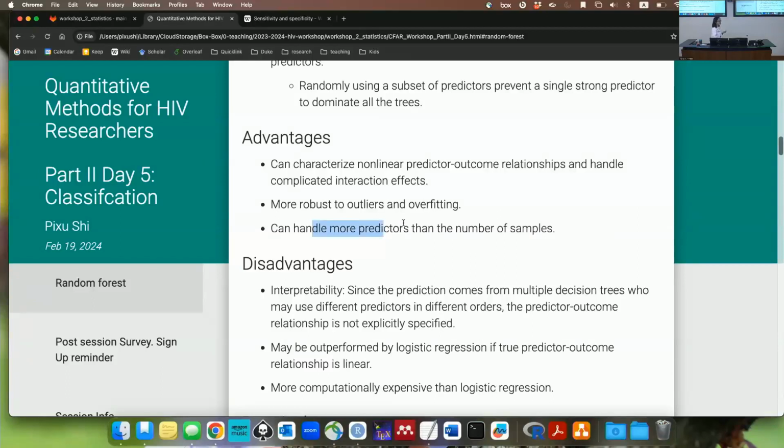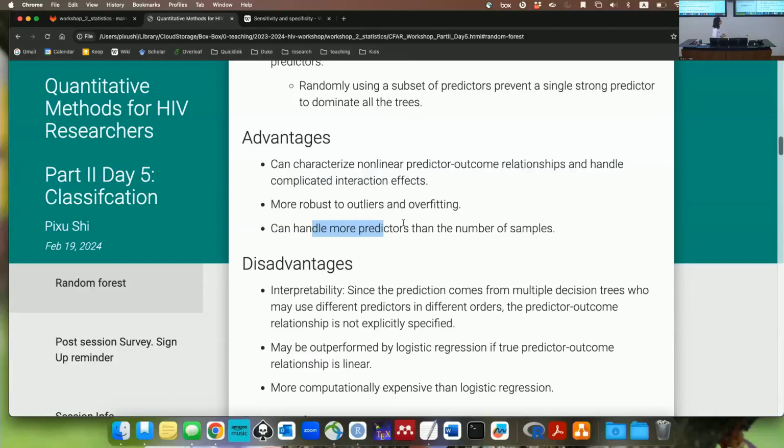But for random forest, you can start with whatever number of predictors, and they may be collinear. They may outnumber the number of samples by a large amount. But as long as you define your tree depth, the number of splits, all those hyperparameters in the tree well,